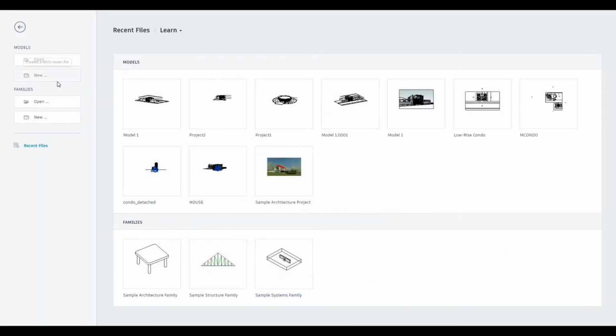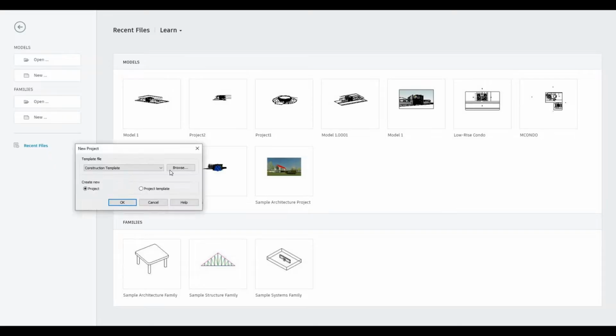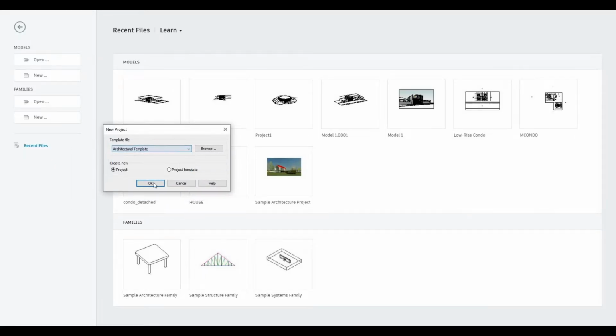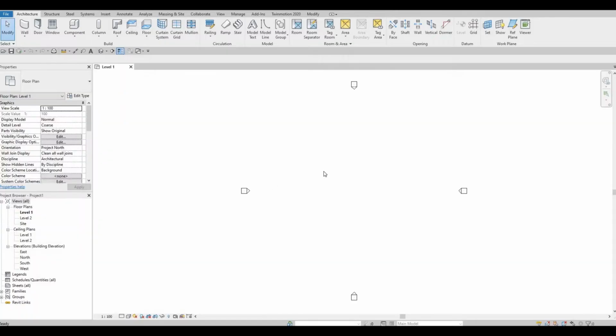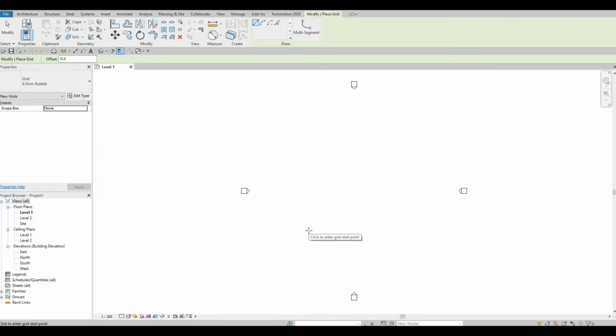So to start, let's open a new architecture template. We will then start with grids. Under architecture, you can type in GR for short, or use this icon. Once you click it, we're going to first start with a vertical grid line. So I'm going to add it like this